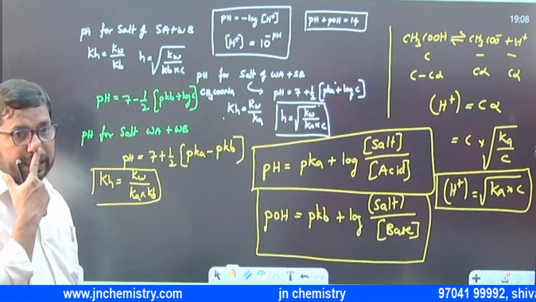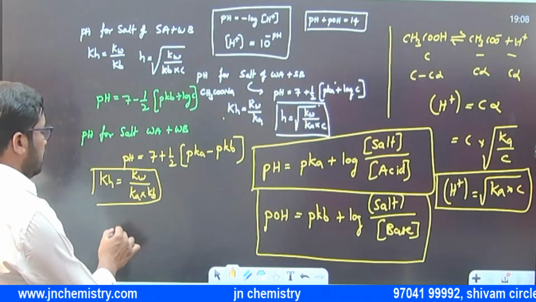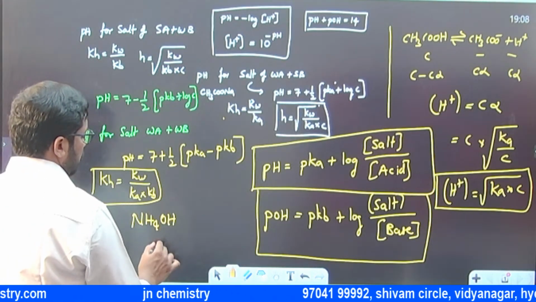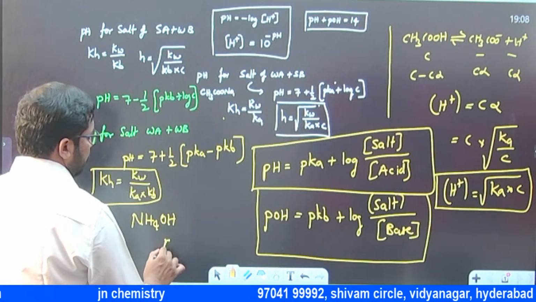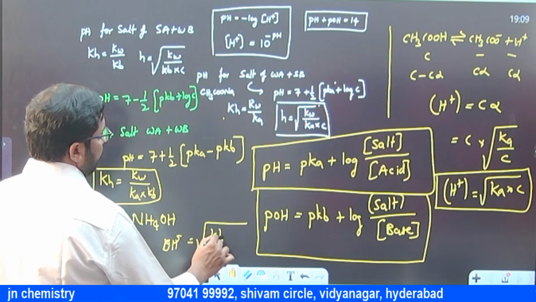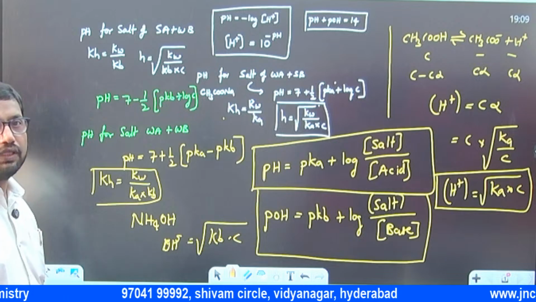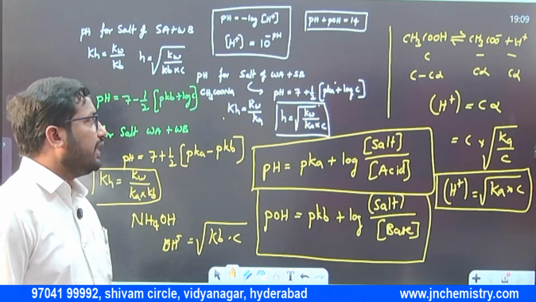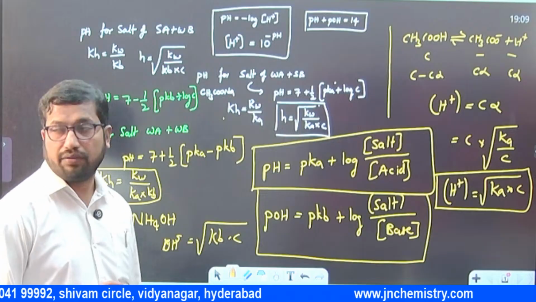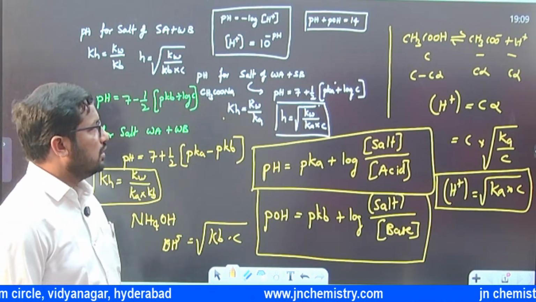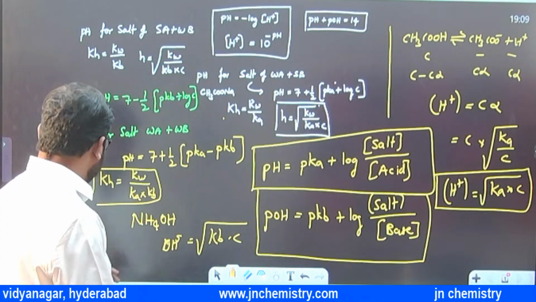So OH minus ion concentration for weak bases, for example NH4OH, right? OH minus ion concentration is equal to under root Kb into C. When Ka and Kb are given, we need to understand that those are weak. So those are weak. For example,